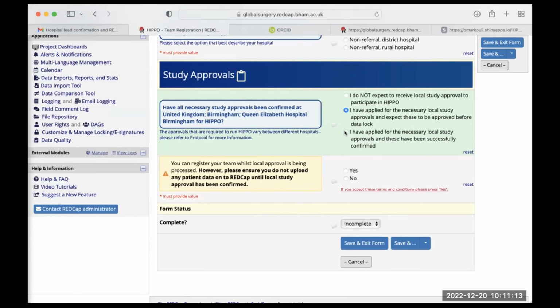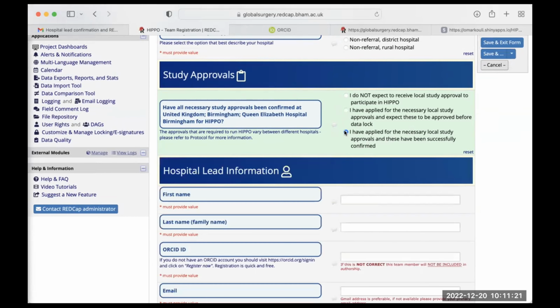In that case, you say, yes, we have local ethical clearance. Yes. So in that case, you select the option that says, I have applied for the necessary local study approvals and these have been successfully confirmed. So this last option is for the ones that already have the study approval in place.